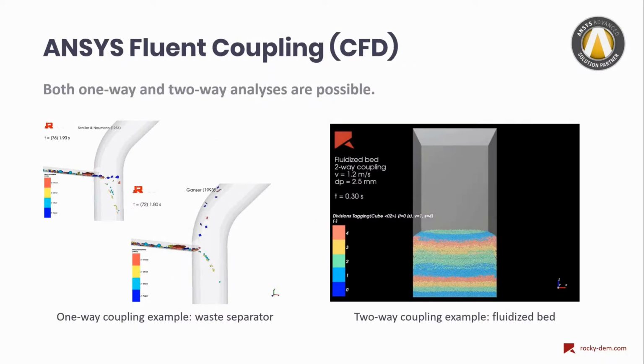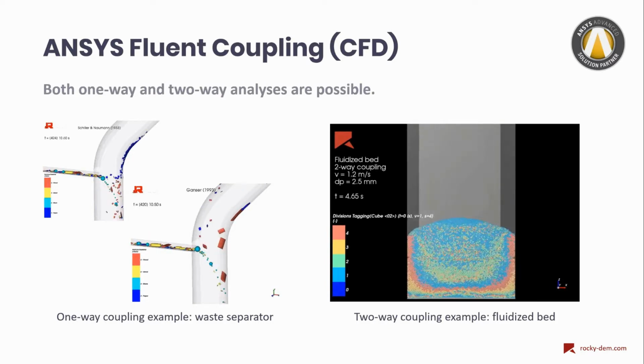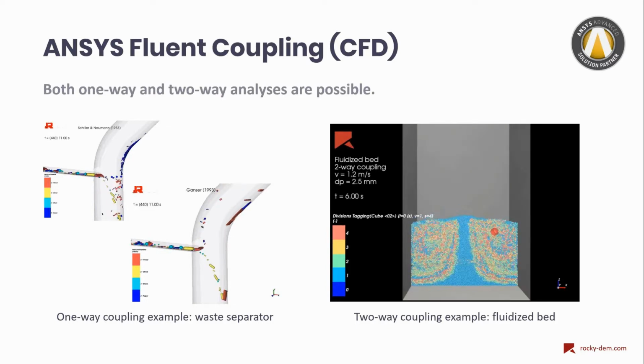For example, if I want to talk about DEM and CFD, CFD stands for computational fluid dynamics coupling, we can see examples here. So this coupling is through the transfer of fluid forces to the particle and vice versa, depending on the selected coupling schemes. These forces then will be used next to DEM forces to determine the movement of the particles using Newton's second law. For example, on the left side,